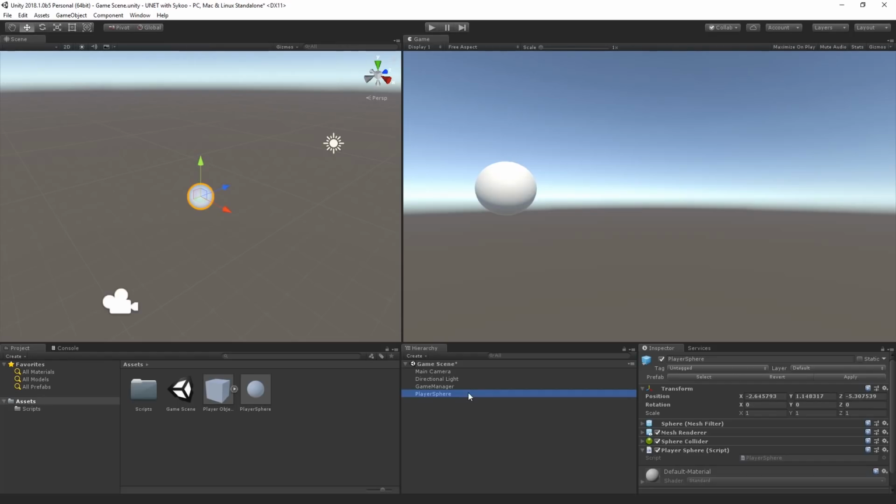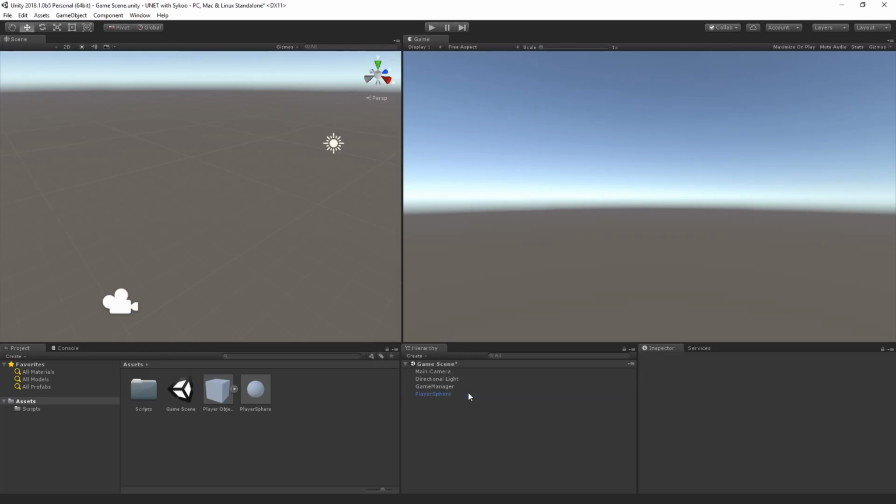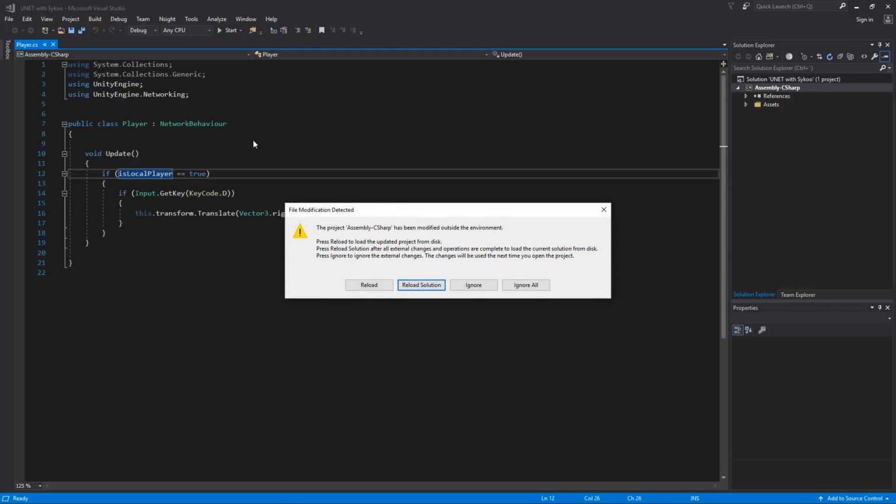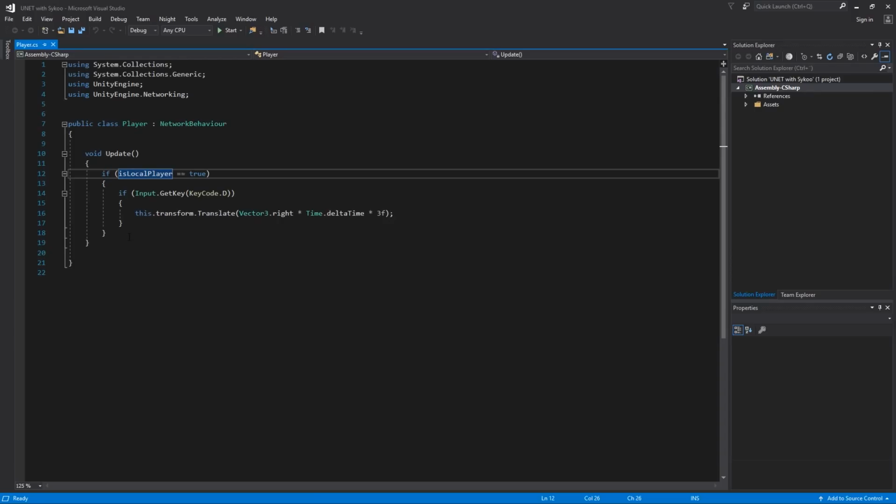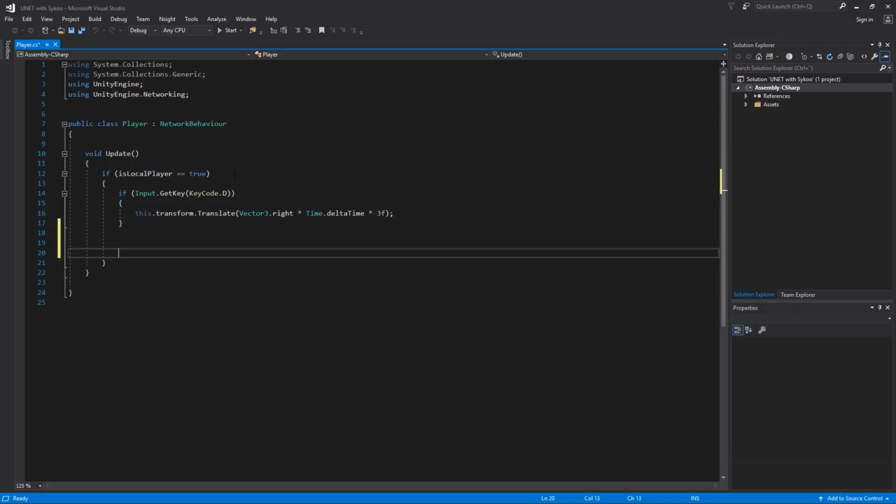You're my inspiration. So we're now going to remove the player sphere from our hierarchy, but we're going to keep it in the project tab because it's our prefab. Now what we're going to do is, oh my god, I don't know why that pops up all the time. So we're going to go to our player script, and underneath, while still using the isLocalPlayer equal to true, we are going to hop down a few lines and we're going to say if Input.GetKeyDown KeyCode.I,